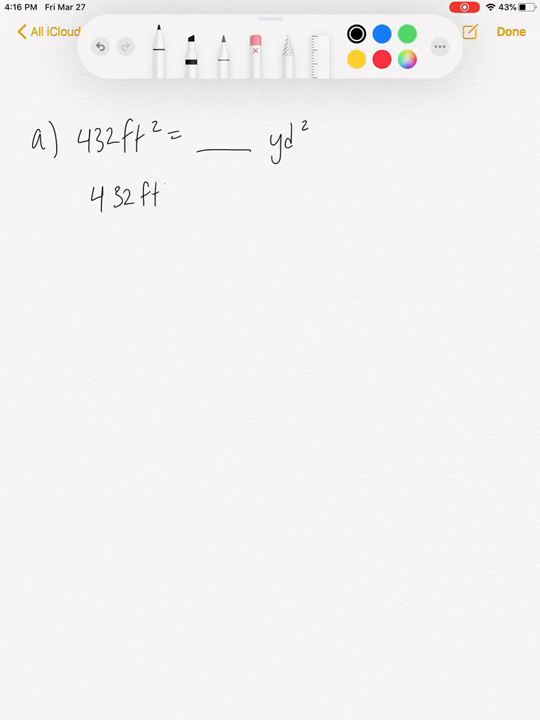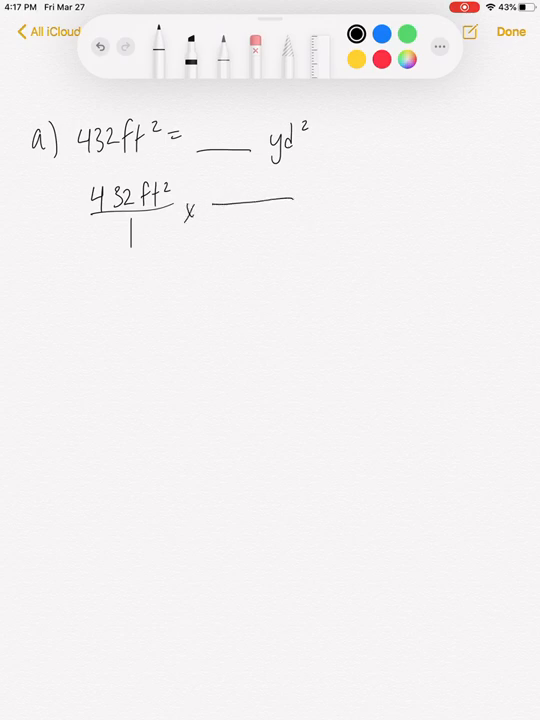Okay, class, here's the last video. In this video, we're going to show a bunch of examples of converting with area units. So, A, we have 432 feet squared. We need to change that to yards squared. And I'm going to use way 3, so it's easier for me because I only need to memorize one conversion unit for each length. 432 feet squared over 1 times,